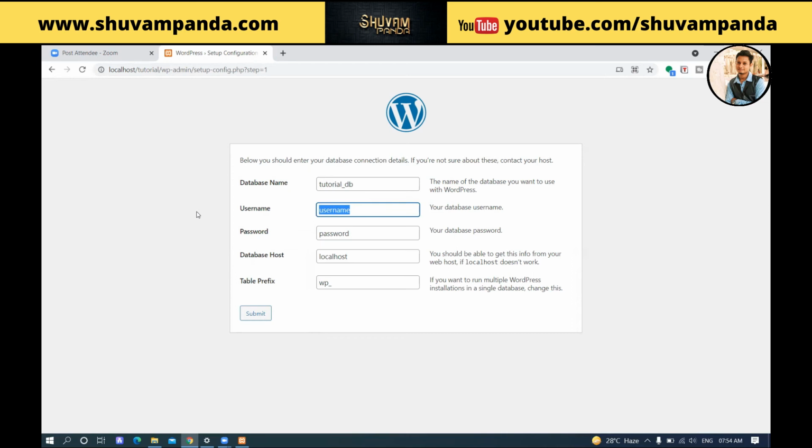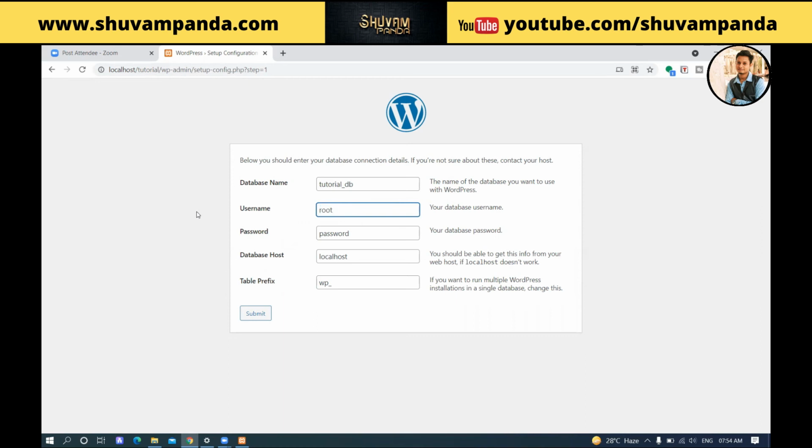That's why the database is protected with a username and password. But because it is in a local system, no other person can access the database. So for a local system, the default username is root.